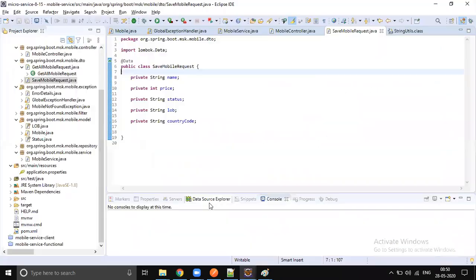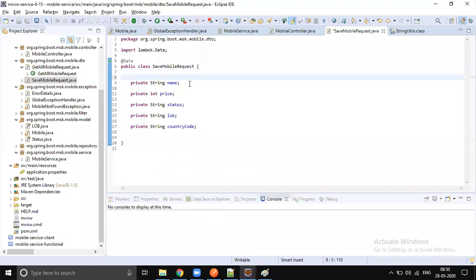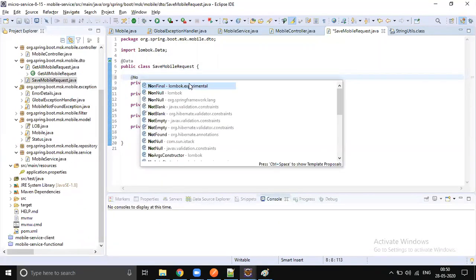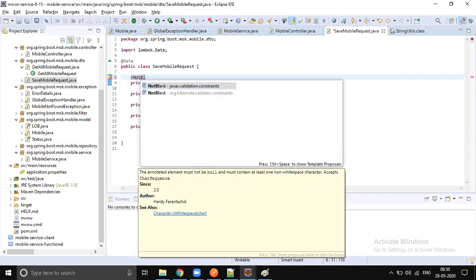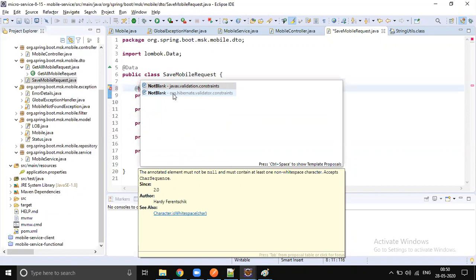So now let's go ahead and use those annotations, right? So it's not supposed to be blank. When you see not blank, there are two annotations available. One is from Java X validation, and another is from org Hibernate validator.